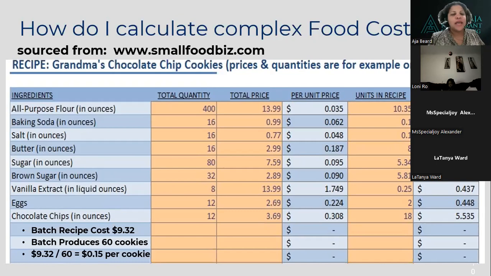I mean, if it went up like 10 cents, 20 cents, I probably wouldn't even bother recalculating, because when I did the final menu price, I'm sure that I would have rounded up to cover that. But if something really increased by a significant amount, you want to go in and readjust this.